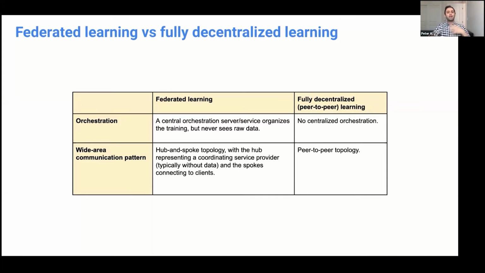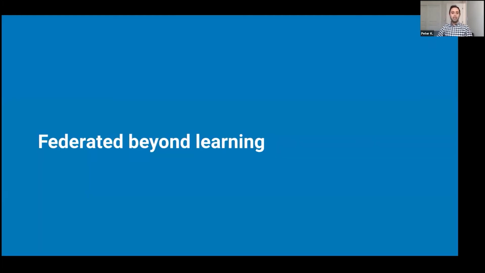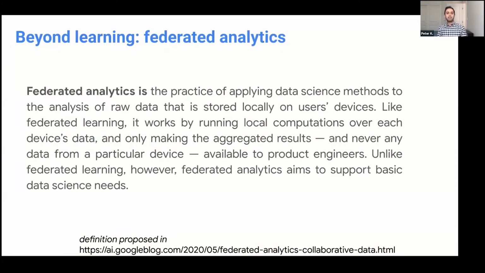So this is, in a nutshell, an overview of federated learning. And I've largely focused on training models, deep neural networks, and such. But it turns out that federated learning as a concept and a paradigm applies equally well for other operations. One such thing is federated analytics. And this is very similar to learning, but instead of training models here, we may want to do some data science or some statistics. For instance, we may want to compute averages or quantile statistics, histograms, find popular items, all kinds of SQL-like operations, if you may.